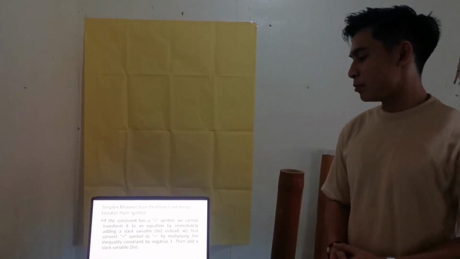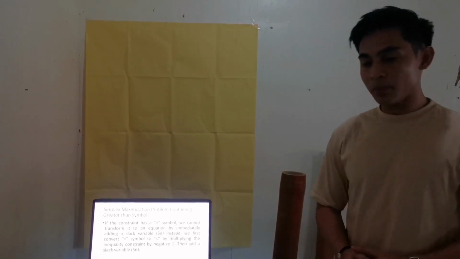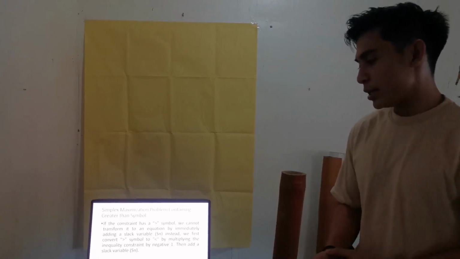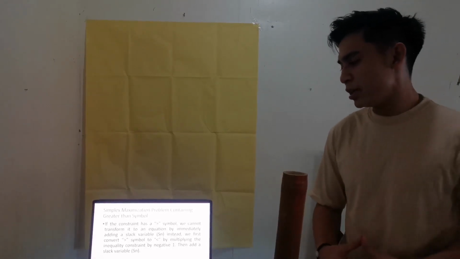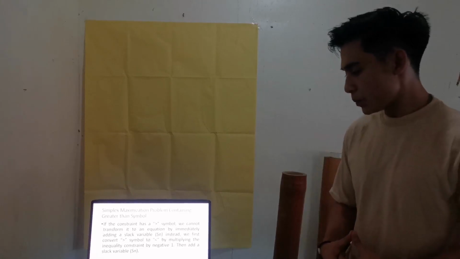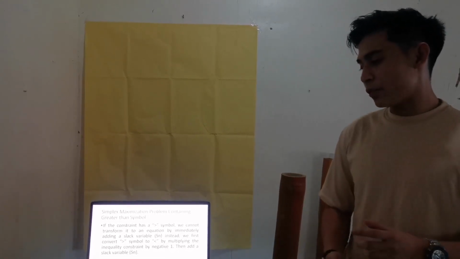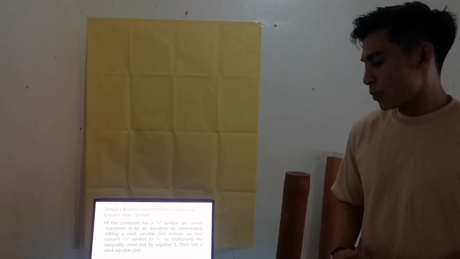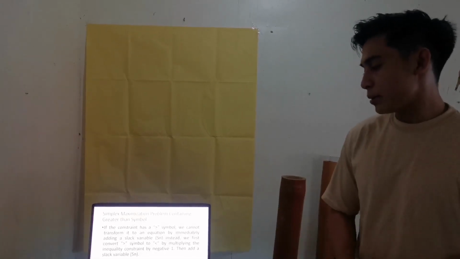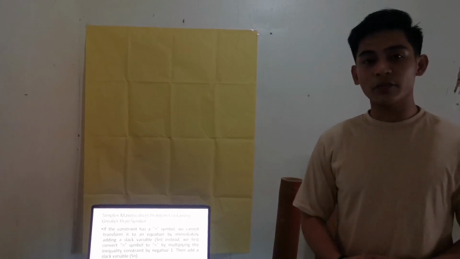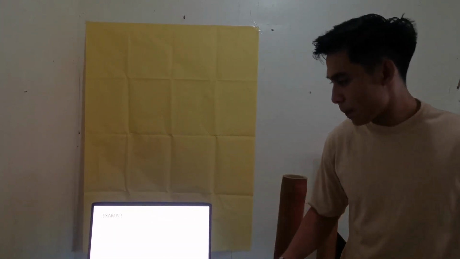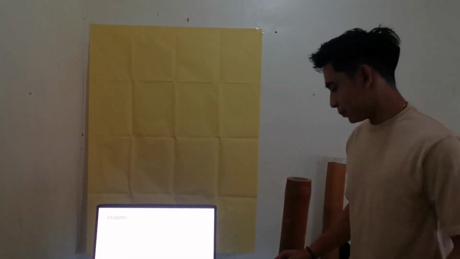Simplex maximization problem containing a greater than symbol. If the constraint has a greater than symbol, we cannot transform it to an equation by immediately adding a slack number. Instead, we first convert the greater than symbol into a less than symbol by multiplying the inequality constraint by -1. Then add a slack variable or slack number. So for example,